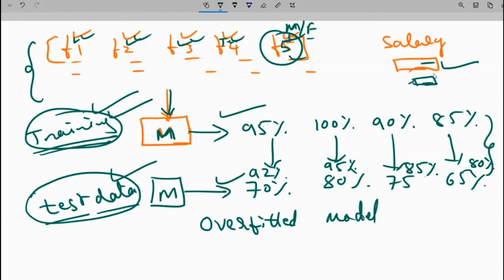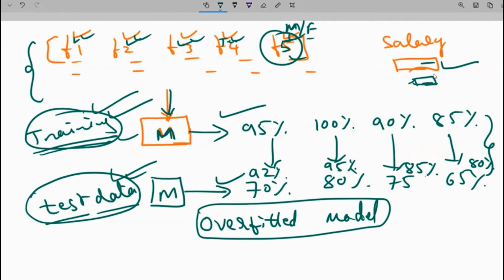Right? So if there is a drastic change, 15%, 20%, accuracy change between a training and a testing phase, right? So that time I'm going to call my model an overfitted model. It's simply because it is trying to learn from each and every feature, even the features that are not correlated with the label,